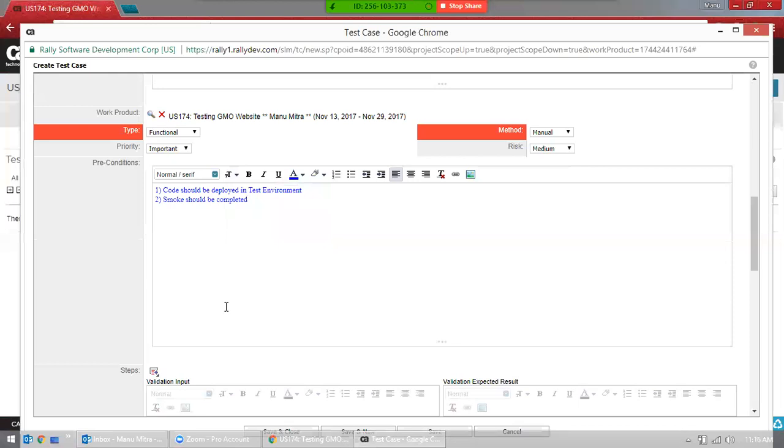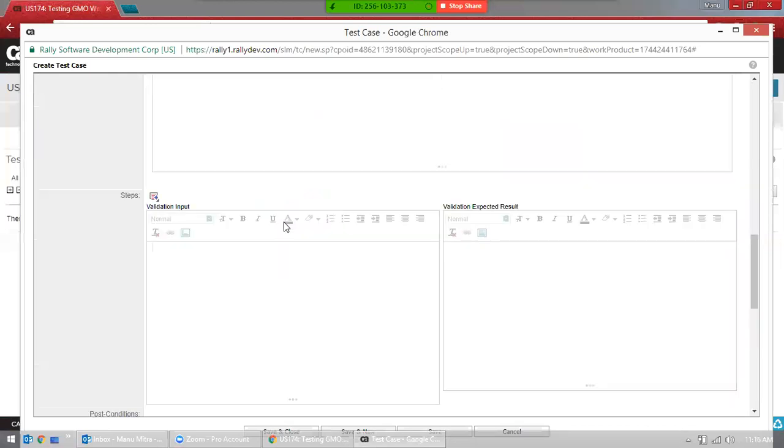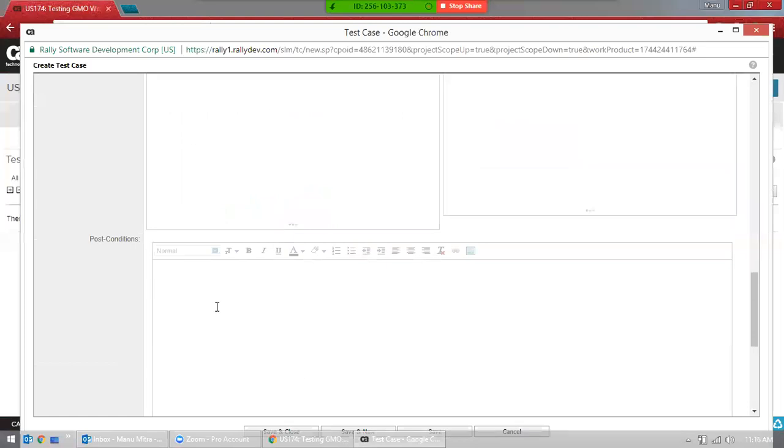So this is the precondition. That means to write or execute this test case, this is a must. Now we'll go a little bit to post conditions. You need to have post conditions. Post condition is code regression testing should be completed.